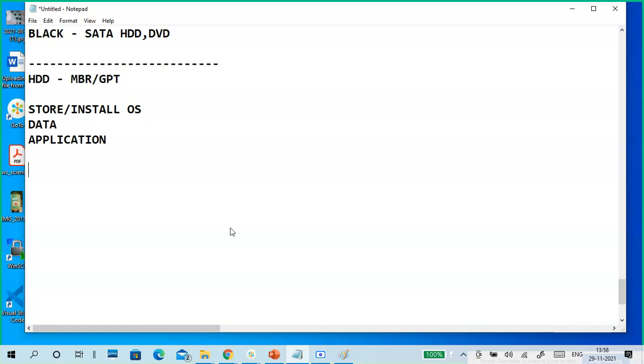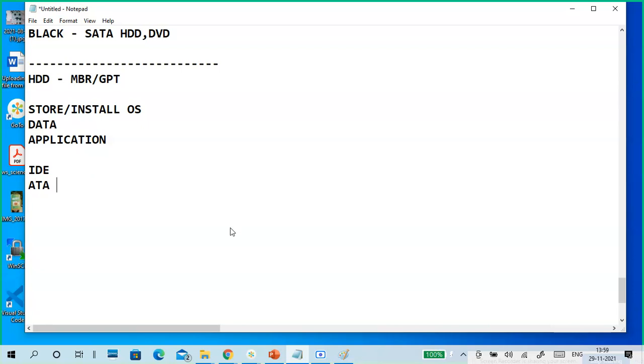Hard disks are based on different technologies. IDE type hard disks were there earlier. Later the technology changed a little, and the ATA type of hard disk came.